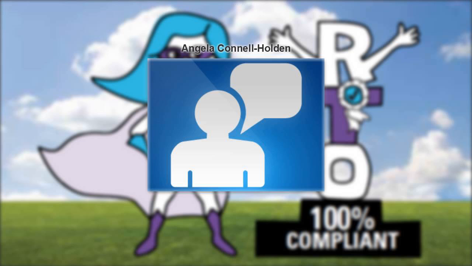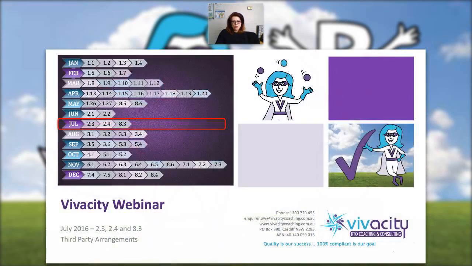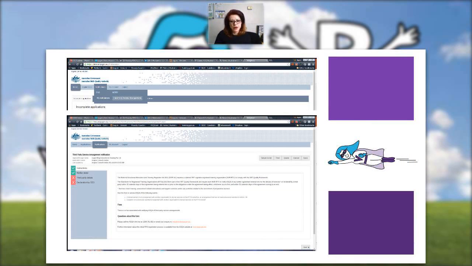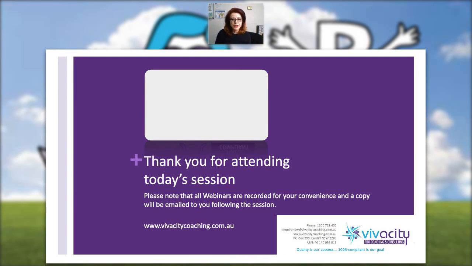So it's pretty simple. I've also got that process in our policies and procedures, so you can access that. The whole process is in there. It's pretty simple, as I stated. There's not much involved with that process. It's just really notifying ASQA through that portal.